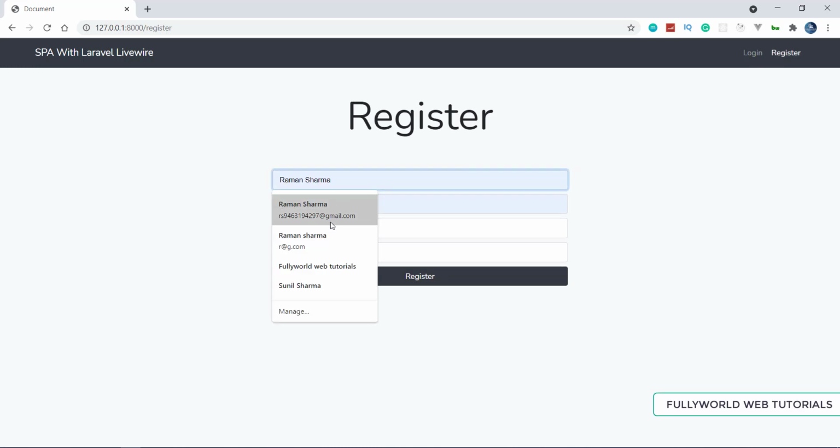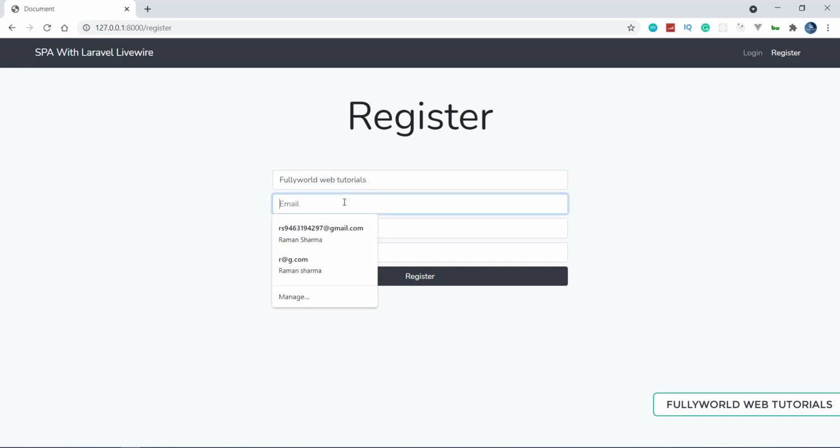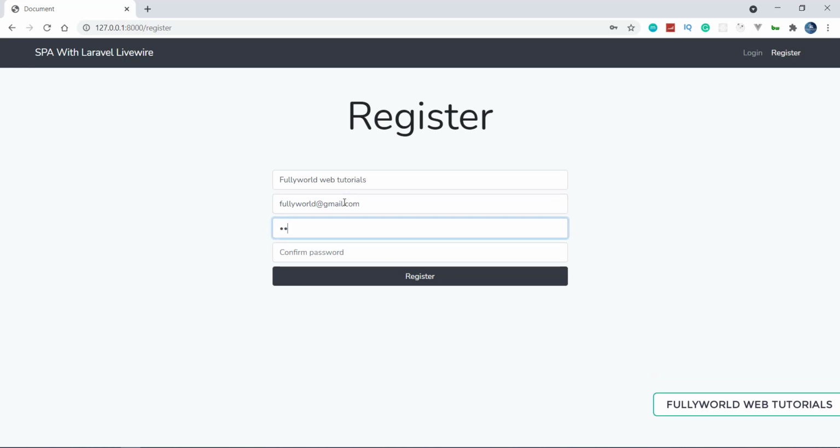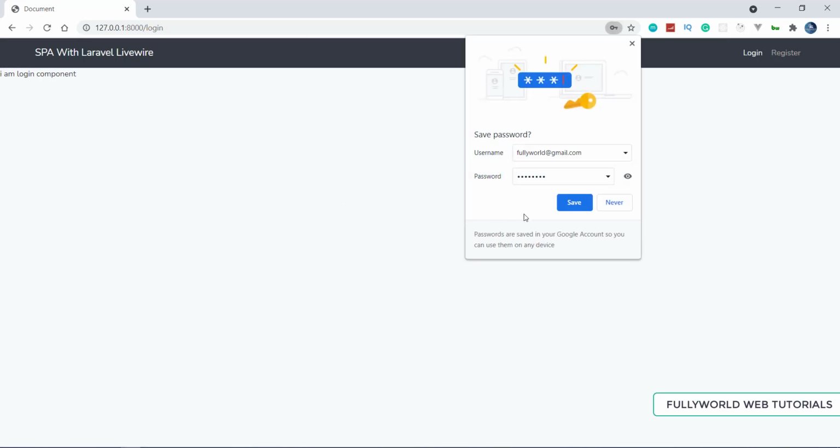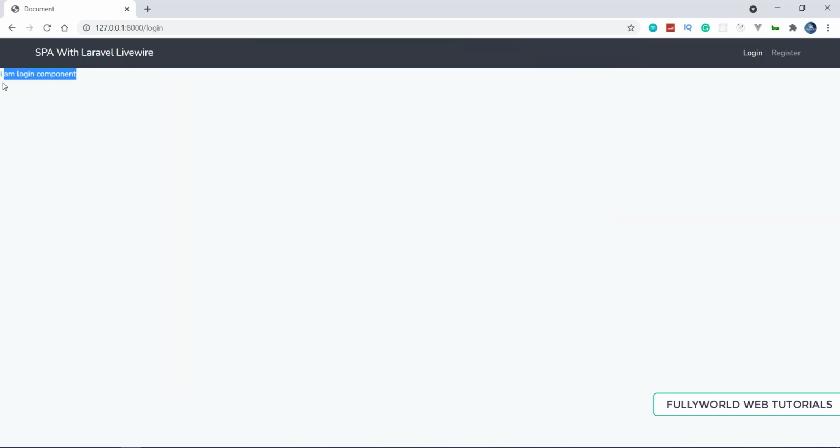Whenever we register any user, so I am registering like this, and then any password. Now press enter here, so it will register the user and move us to the login component. But we are not getting any flash message like "you have registered successfully, now you can log in." Today we are going to implement the login functionality, as well as show those messages. So now without wasting any time, let's start.